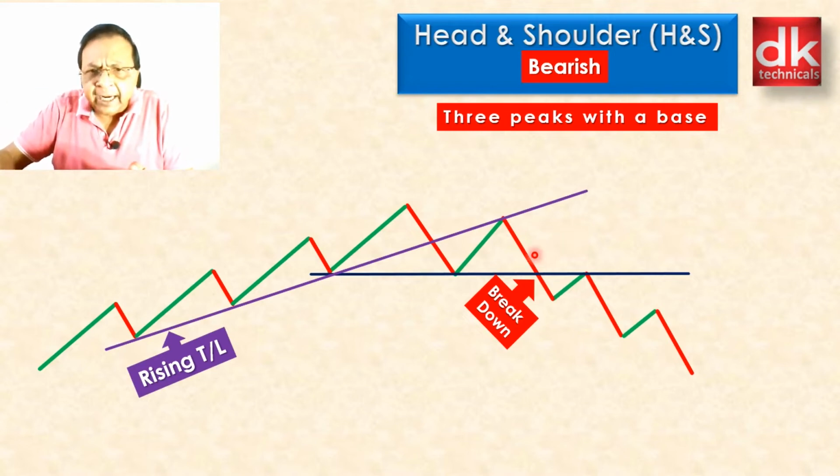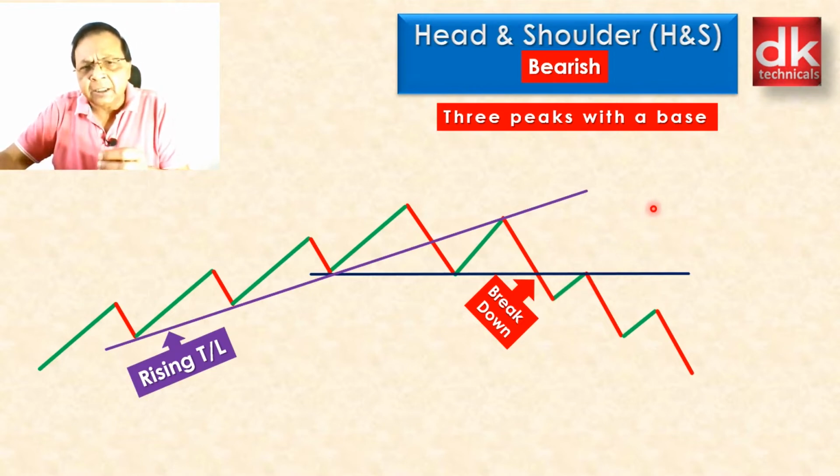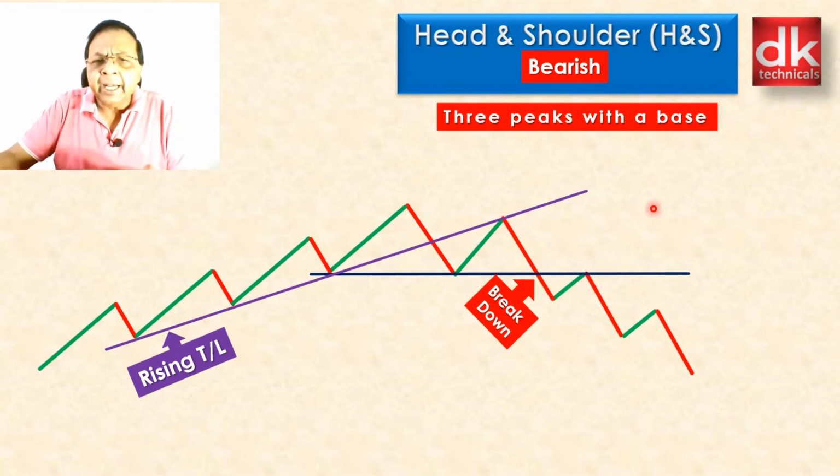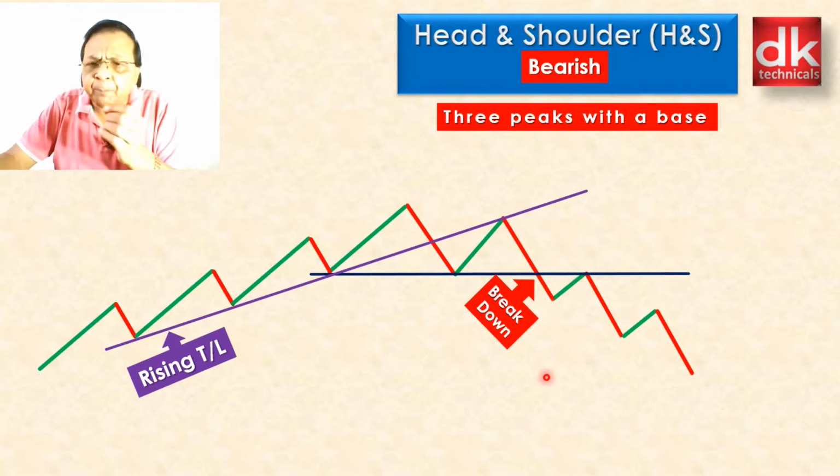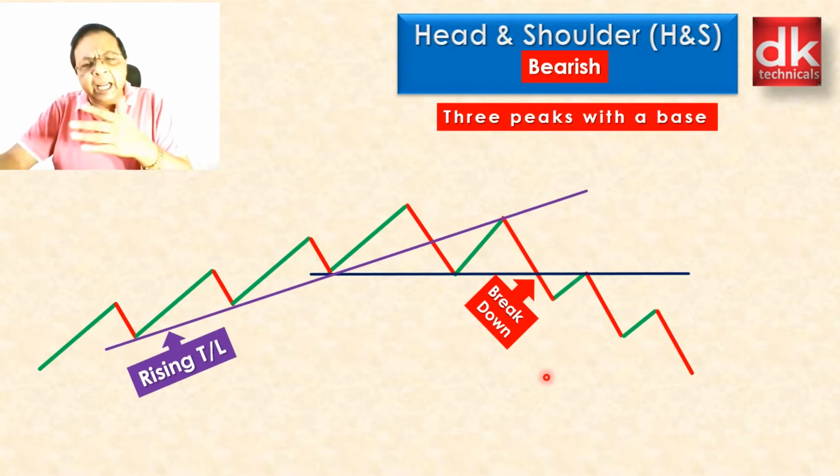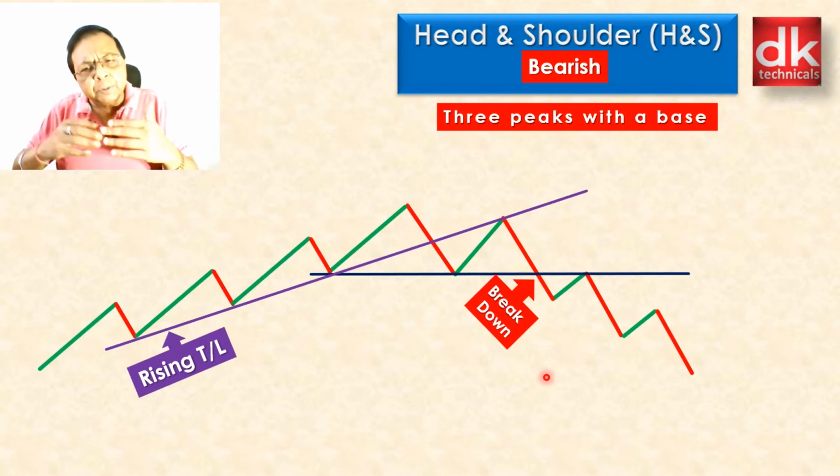So what it has done is a breakdown, then a little pullback where the neckline has acted as a resistance. The majority of traders take a short position after a pullback has taken place. Yes, there will be several instances when this pullback doesn't happen, but it is safer to trade when pullbacks happen